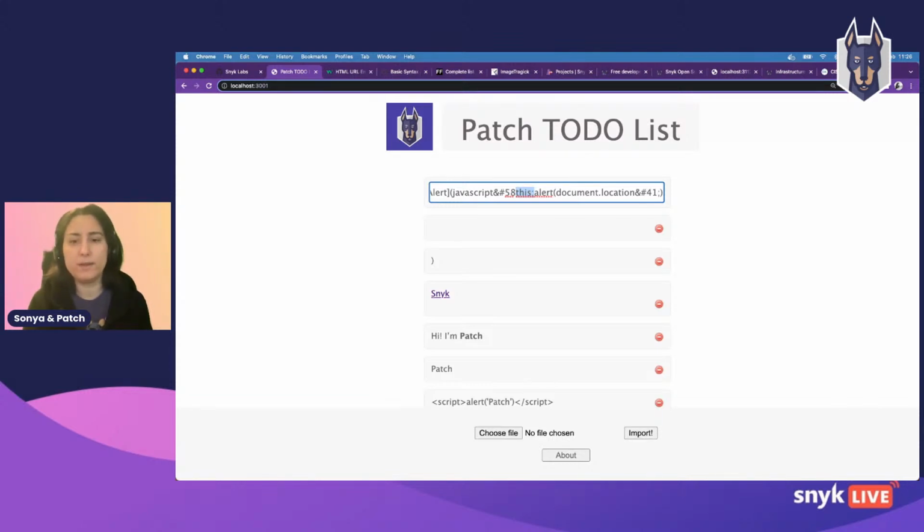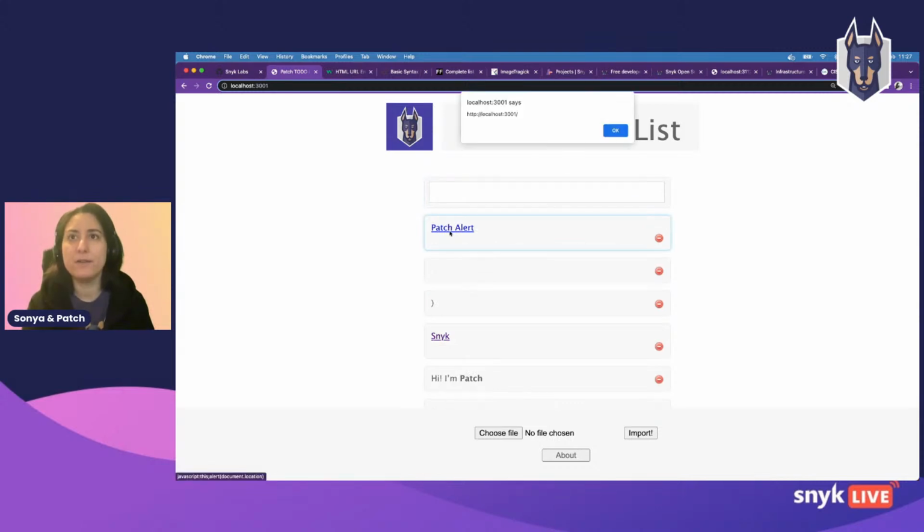We are assuming that the condition must expect exactly the JavaScript colon protocol, but in this case, we're encoding it, and we're adding the this keyword, which is a valid keyword in JavaScript. And you can replace it with window or document. It will also work in that case. So we have the HTML entities and the browser's permissiveness that will enable this vulnerability. And here we go. If I click here, it's working.